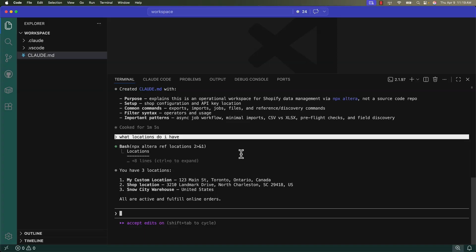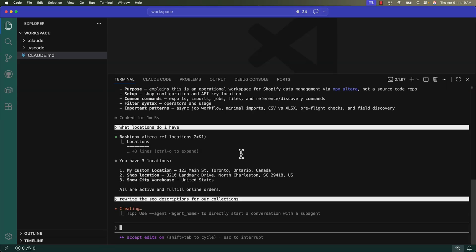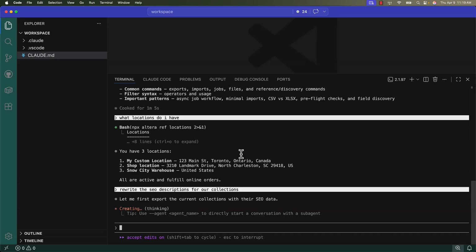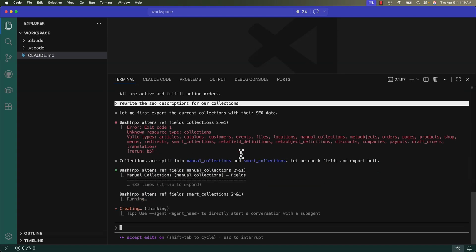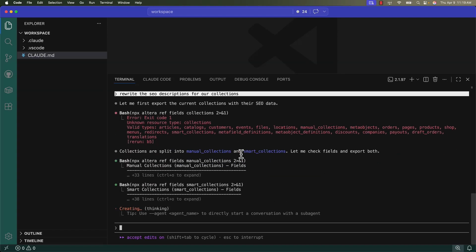We'll just do a quick example now where we'll use Claude to update the SEO data for our collection. So all we have to do is say, rewrite the SEO descriptions for our collections. And that should be it. We can watch Claude here. It will look through, find the correct reference data. Sometimes it takes a few tries just to get the exact fields that it needs, but it's pulling out the reference here,